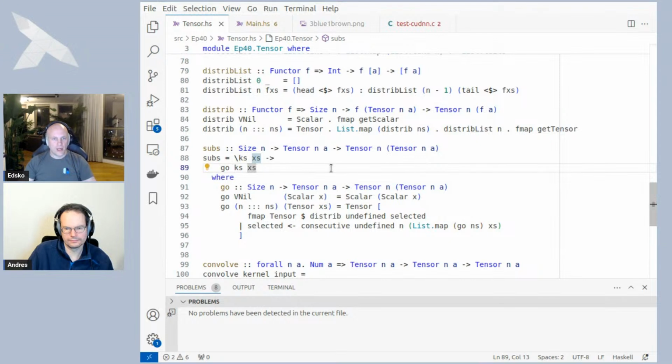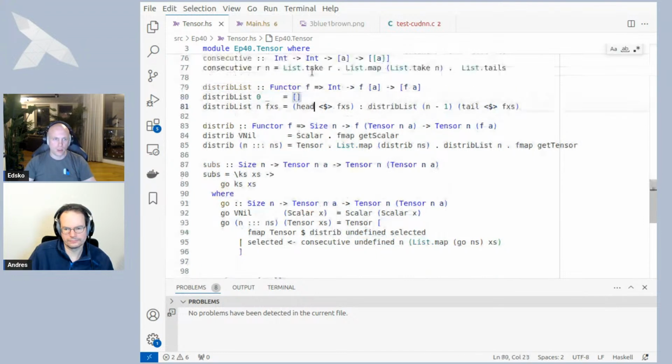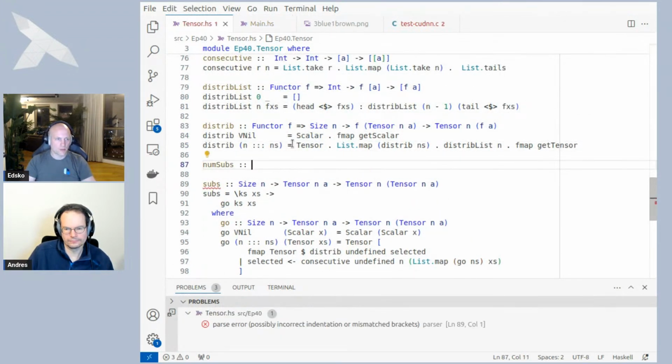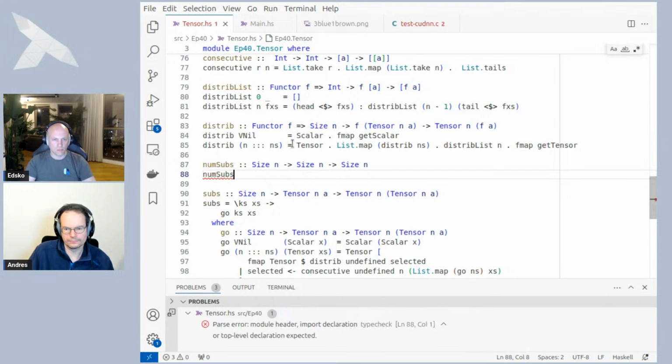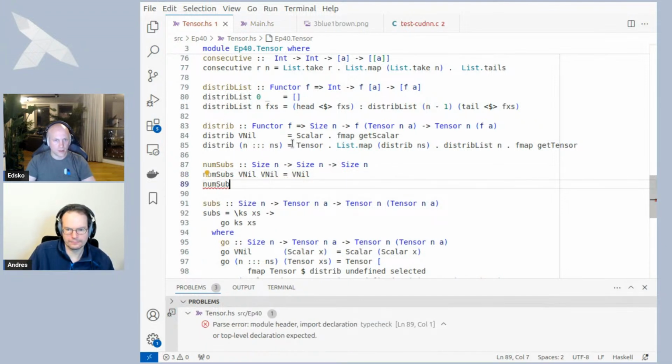Okay. So the final piece of the puzzle, the last undefined here is these sizes here, right? Both to distrib and to consecutive. And so we want to compute the size of the subtensors. So if we have a size of the kernel essentially and the size of the input, we want to know the size of the result, how many subtensors are we going to get? And that's relatively simple. If these are scalars, then there's no size to give at all. And if at this level we have a kernel of size k and an input of size I,